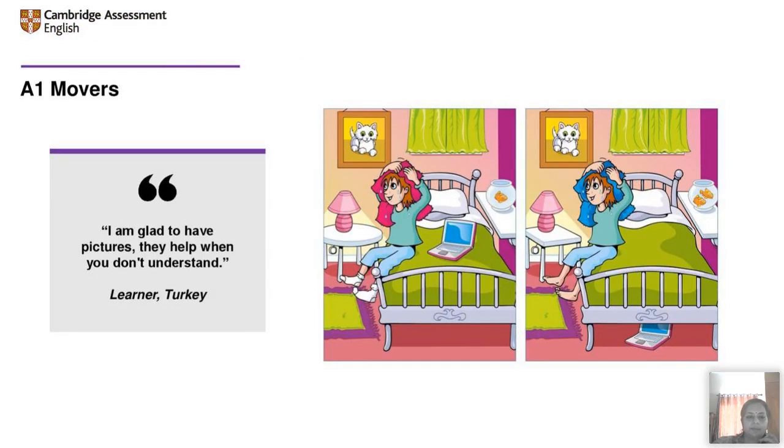This is an activity for A1 Movers. So you can see the feedback somebody from Turkey has given, that there are a lot of pictures, so sometimes we don't understand, and we look at the pictures and we are able to understand. So although we've blanked out the instructions, obviously you're able to understand that it is about differences between the two pictures. So there would be maybe a writing skill, or it could be combined with a listening skill, wherein they ask you to spot differences between the two pictures.